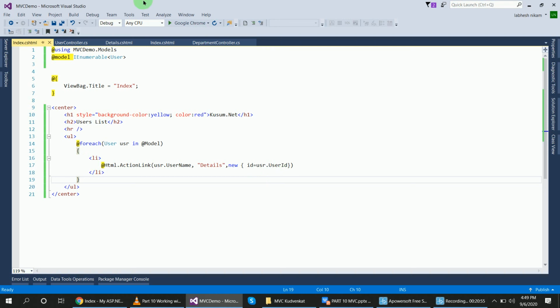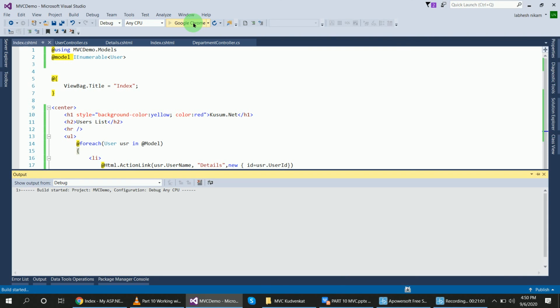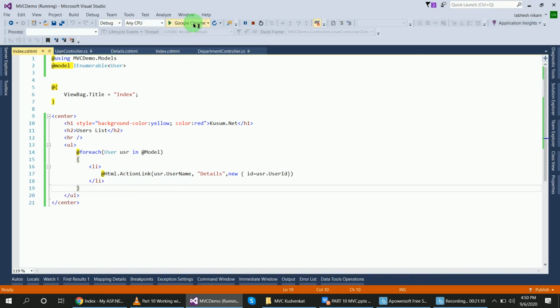So let's run this and check whether the user's name is displayed or not. This is my controller name user, and index is the view page of that.